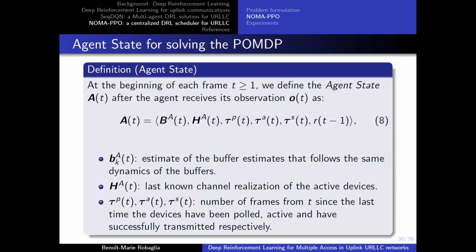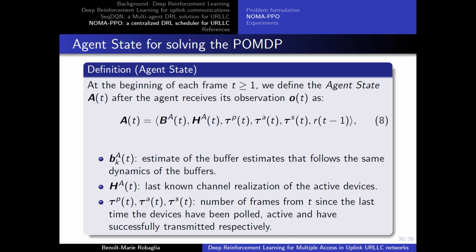We define the agent state because solving a POMDP is hard. It's usually done by estimating a belief state. But to estimate a belief state, we need to assume, for example, that the dynamics are known. And the belief state increases with the dimension, with time. So here we propose what we call the agent state, which is defined